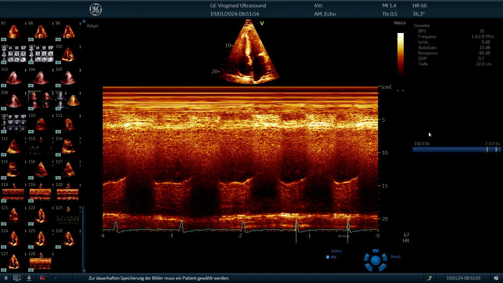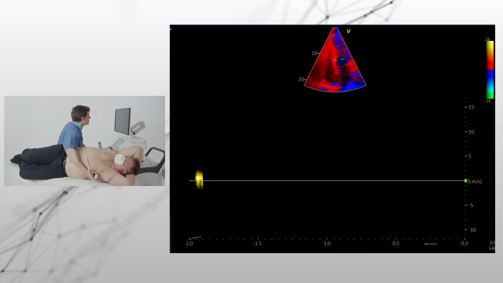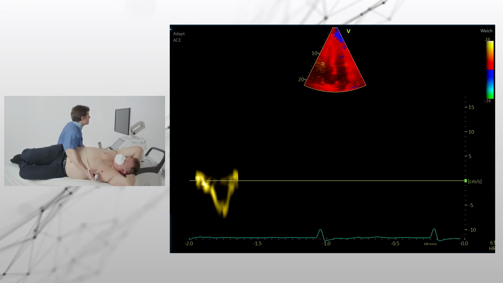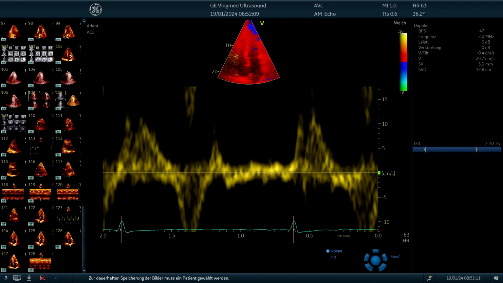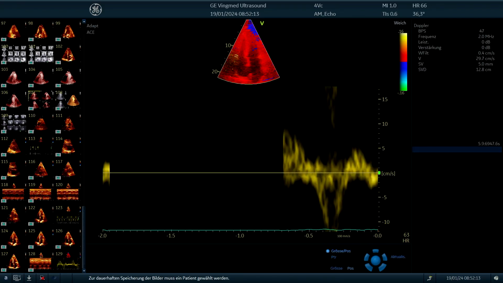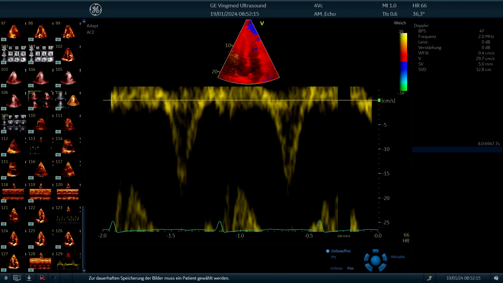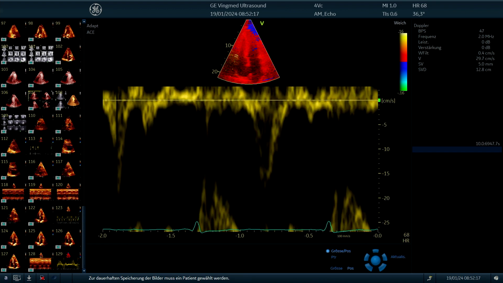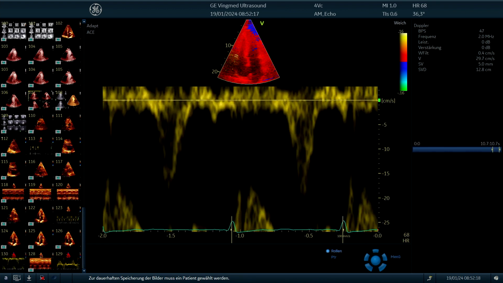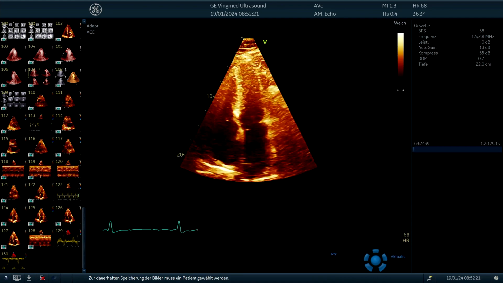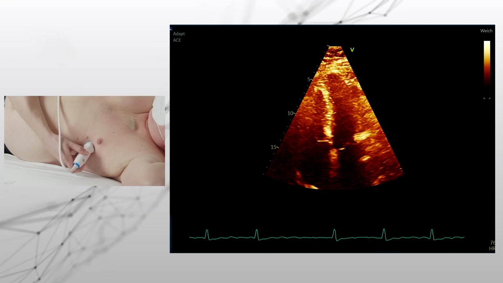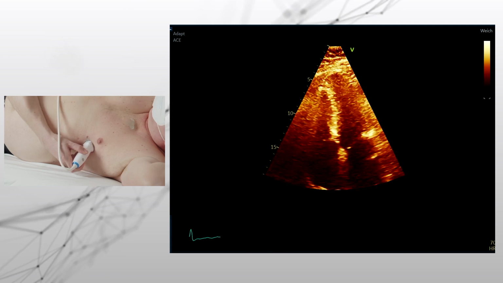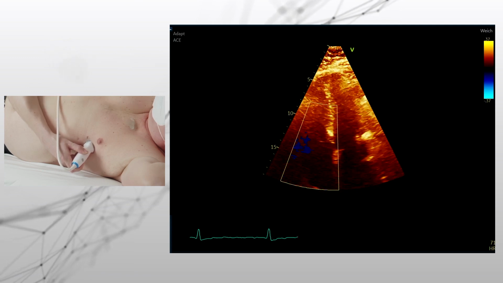But we can measure it, we can save it, and then we continue with a tissue Doppler measurement. We use the tissue Doppler and measure the so-called S prime. In this case it's normal, and I also always save a diastolic tissue Doppler signal of the right ventricle. Then continuing, we will evaluate the right ventricle and the tricuspid valve furthermore to see if there is a possibility